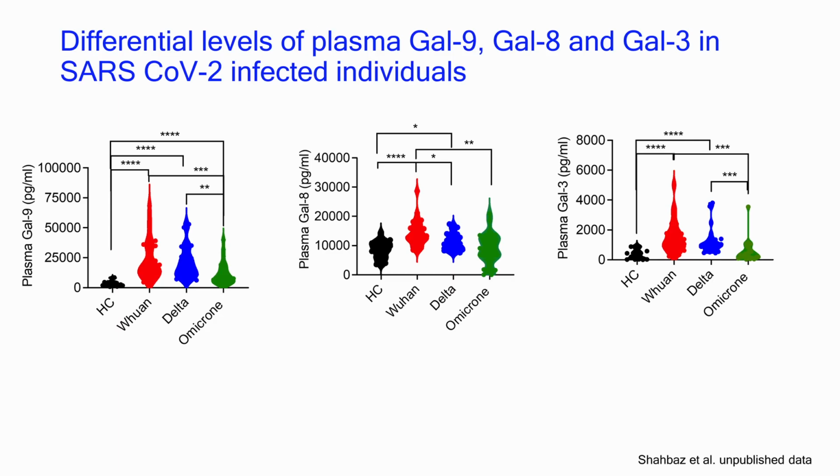And we have some studies looking at different types of viral strains and variants. And as you can see, in the Wuhan strain, we had the highest levels of galectin-9 in the plasma. And it makes sense that the cytokine storm was killing more people in Wuhan compared with other strains. And then in Delta, lower, and Omicron is the lowest. And then we started looking at Gal8 and Gal3 in the plasma, and we see that those are also elevated. Specifically, they are highly elevated in the Wuhan strain versus the Omicron. So Omicron had the least Gal levels.